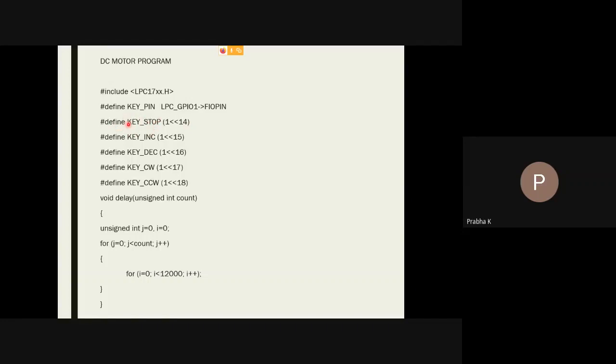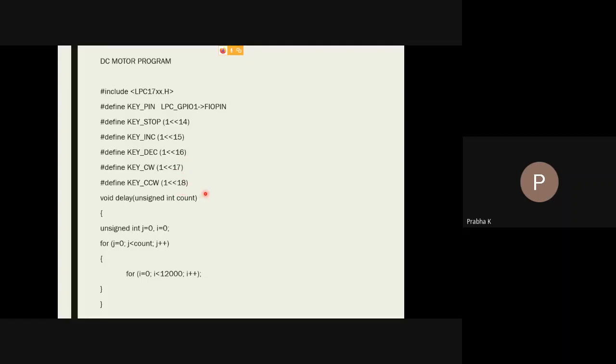This is the name of the key. Which key? 14th key. Usually on our board, all the keys are connected to port 1 and they are named as P1.14, P1.15, P1.16, P1.17, P1.18, 19, 21.